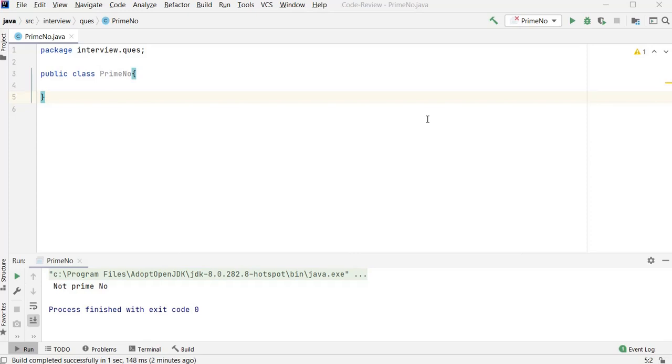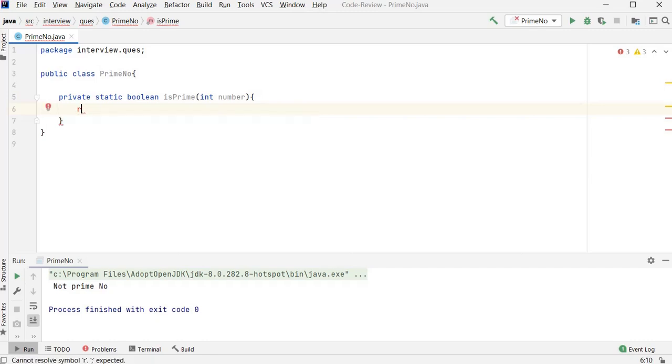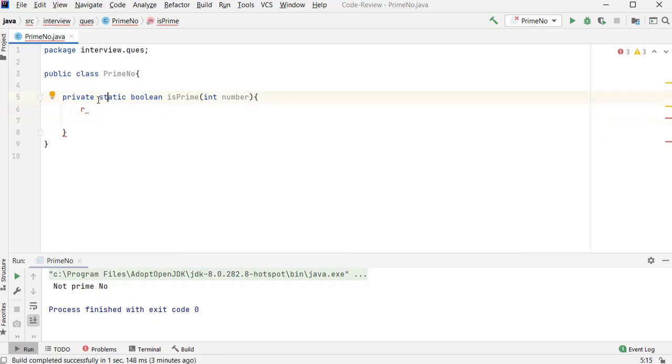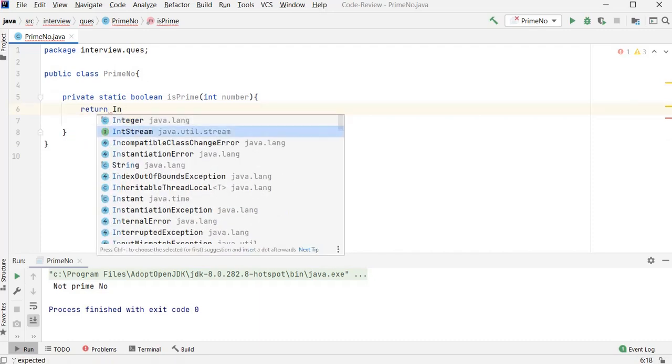Now I'll create the method. That method will return whether a number is prime or not. I'll create a method here: private static, return type boolean, method name prime, and I'll provide the method argument as a number, and I'll return IntStream.